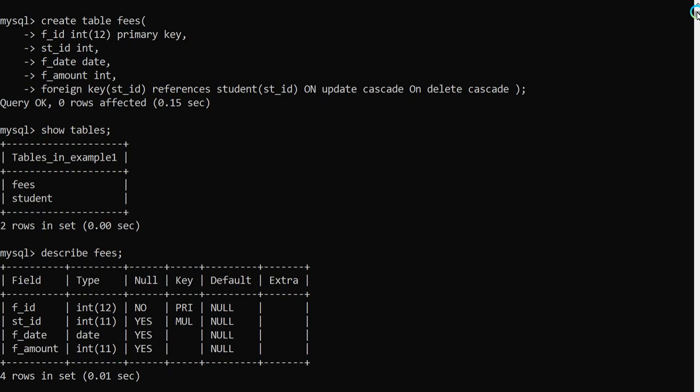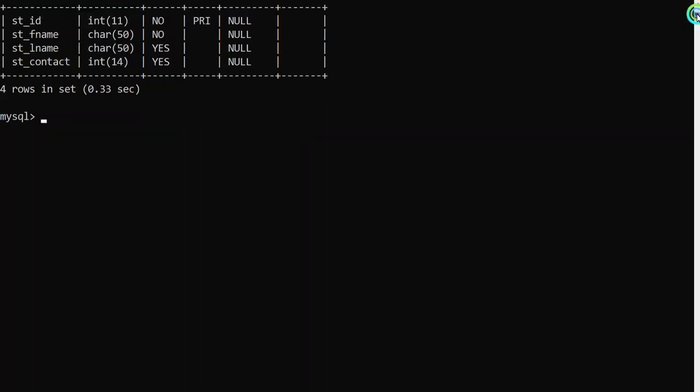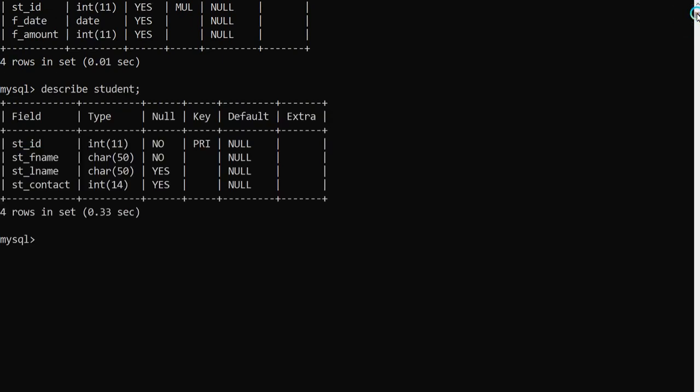id, the student id must be created inside the student table, otherwise it will not insert. So first of all, I will insert the value, insert into student, and then we have to write here values, and the first value is id 12, the second value is first name. And if you do not know that, you can use describe student and see the structure, and then you may write the query insert into student.